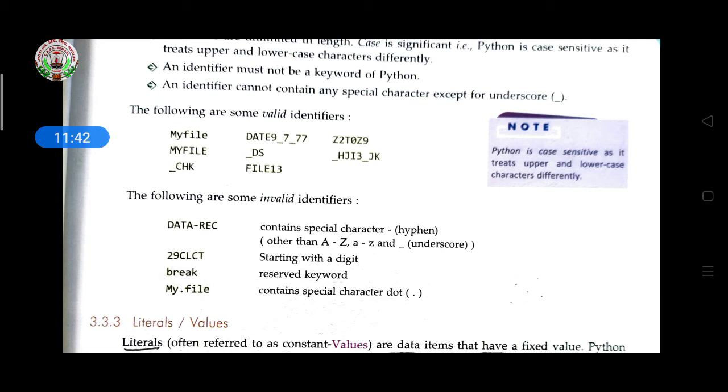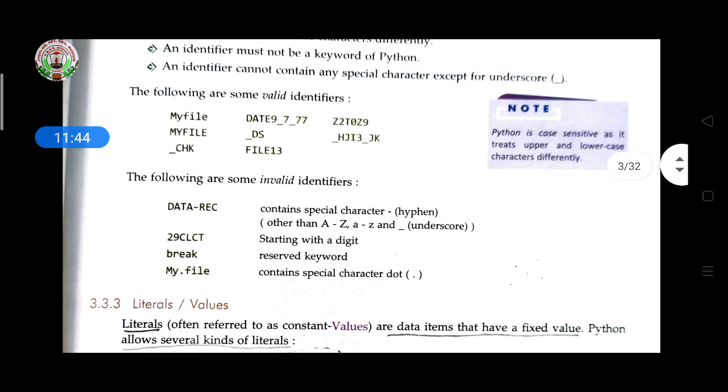The identifier cannot contain any special character except the underscore. We learned about the different special characters in the Python character set; only the underscore can be used in an identifier, and other special characters are not allowed.